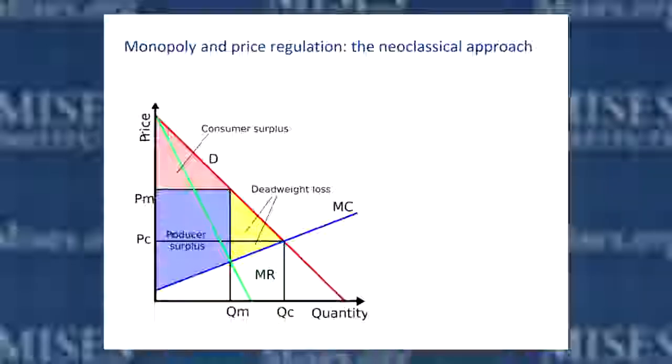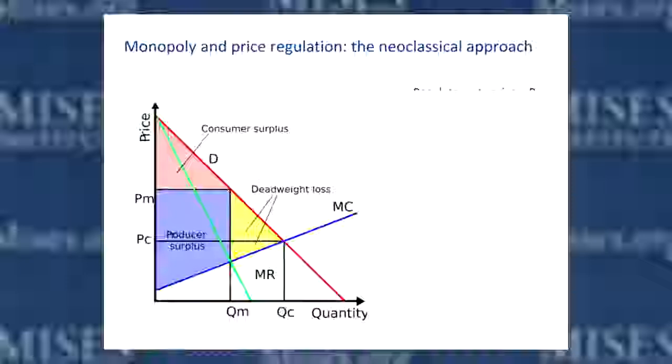So the monopolist chooses the quantity QM, where the blue marginal cost line intersects the green marginal revenue curve, but then sets the price all the way up at PM. In other words, the highest price you can charge and still clear that quantity, still sell that quantity of goods. And that's found by going up to the red demand curve. So according to the neoclassical analysis, this is harmful because there's a deadweight loss, the yellow triangle, representing potential output that could have been produced and could have been sold to consumers, but is not, because the monopolist is trying to maximize its profits.